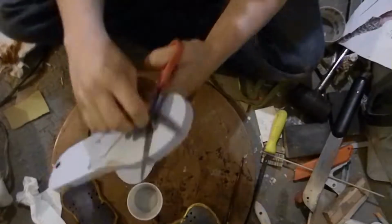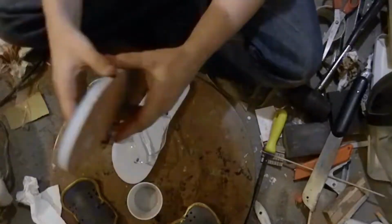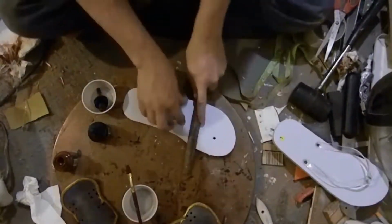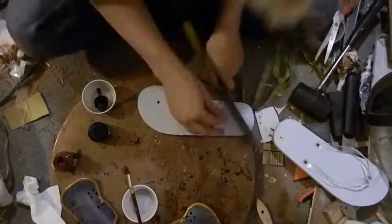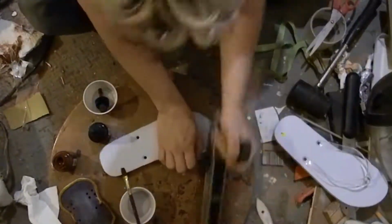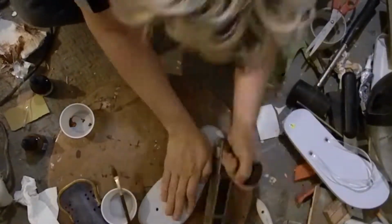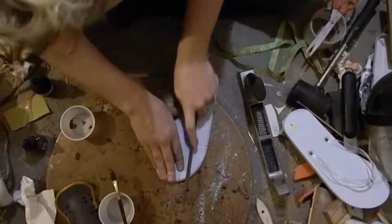So we're going to be taking those plastic straps out. They're not going to be needed. Let's move forward and replace them with the rope, with the purple rope. I am totally using the wrong word for it. I'm sure someone in the comments is going, it's called twine or something. Anyway, to make it look like